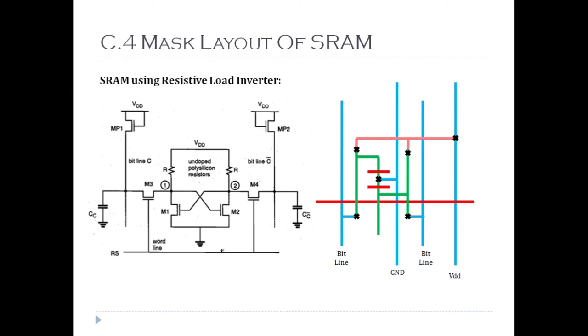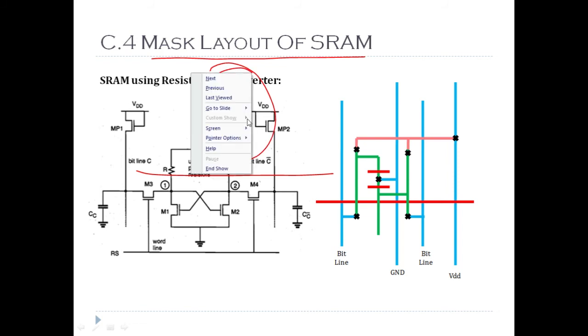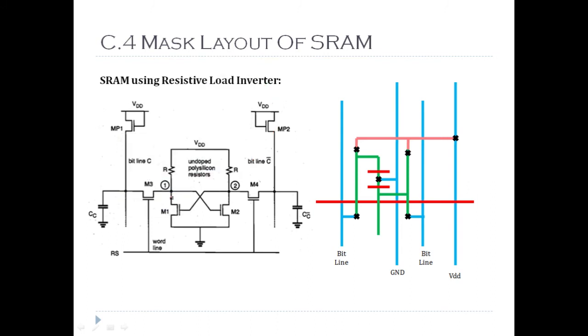So let's continue our discussion about the SRAM cell, and let's talk about the layout of the SRAM cell. First we'll see the SRAM layout of the resistive load inverter. Now how to draw this? I have drawn it vertically, but you could have drawn it horizontally as well, because according to the convention we expect the VDD line to be at the top and the ground line at the bottom, and the rest of the circuit should be drawn between VDD and ground. That's what the convention says, but here it has been drawn in a horizontal format.